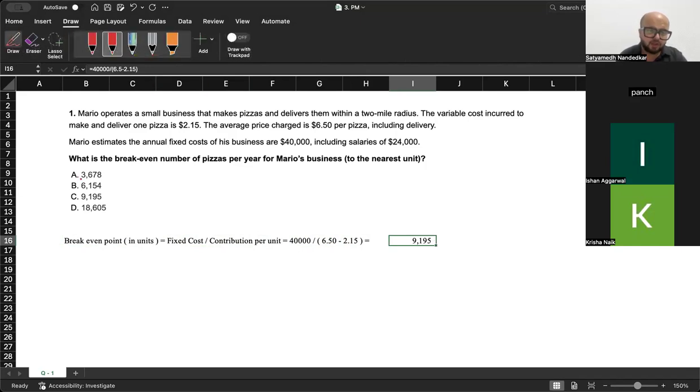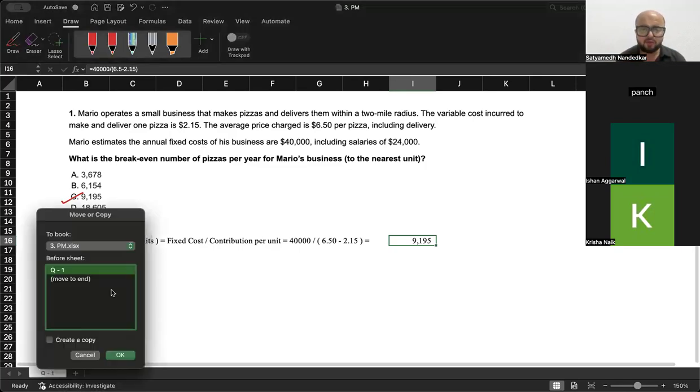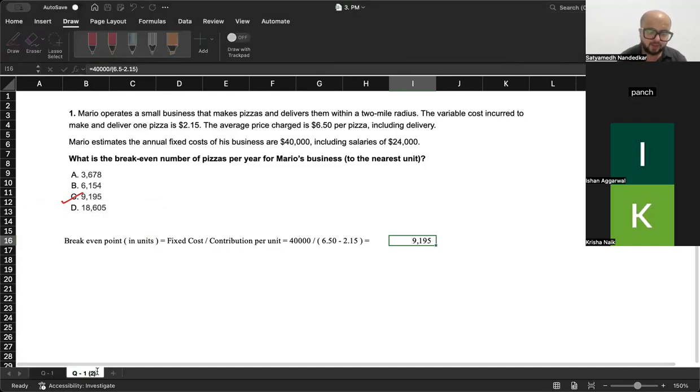9195.4, the nearest unit is 9195. Had it been 9195.7, for example, then you would have to pick up 9196. This is where they try to trick you in topics which are easy topics. So if the question is easy, they will try to trick you this way. They will say to the nearest unit, to the nearest 100 units. So that is where extra care and caution is required. Make sure that you do it properly. Now,